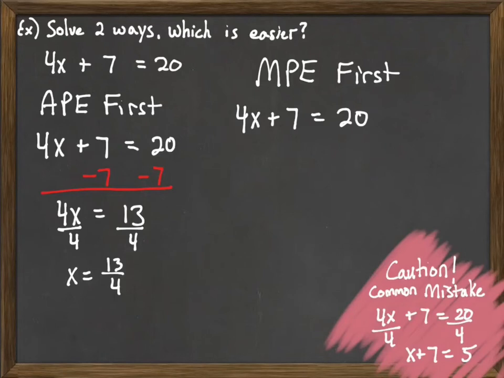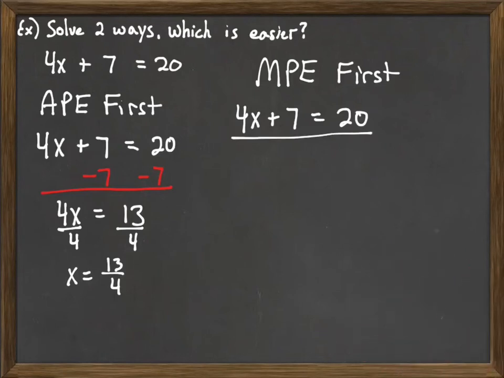And so we have to keep that in mind. So going back to our problem here, when we divide by 4, everything gets divided by 4. 4x over 4 is just x. Plus 7 over 4 equals 20 over 4. Now we could simplify the 20 over 4 to be 5, but I'm going to hold on to that